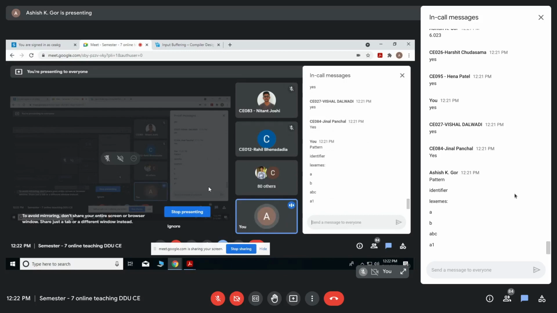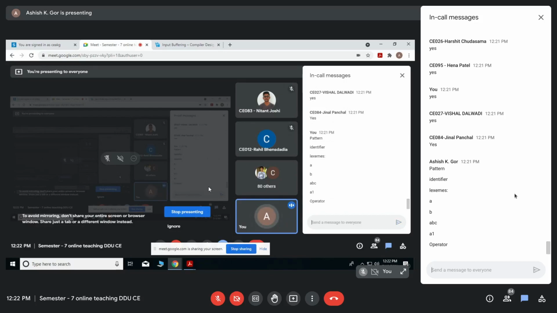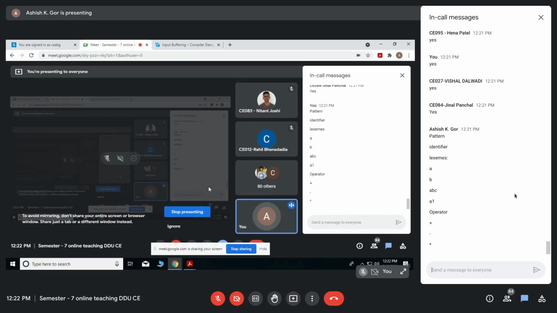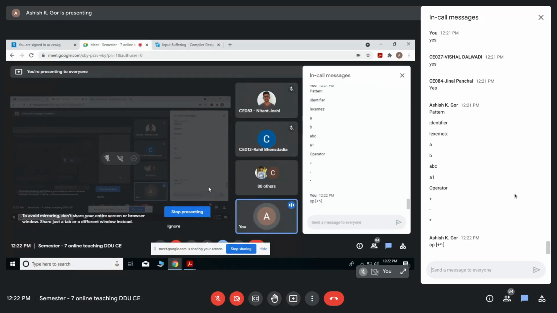Now you would say operator. For operator, what is the pattern? For example, operator is plus, minus, multiplication, etc. Can I say that for operator the pattern is these characters themselves? Yes. So I should write operator equal to plus, star, minus, etc. This is itself a pattern, and these are themselves the lexemes also.